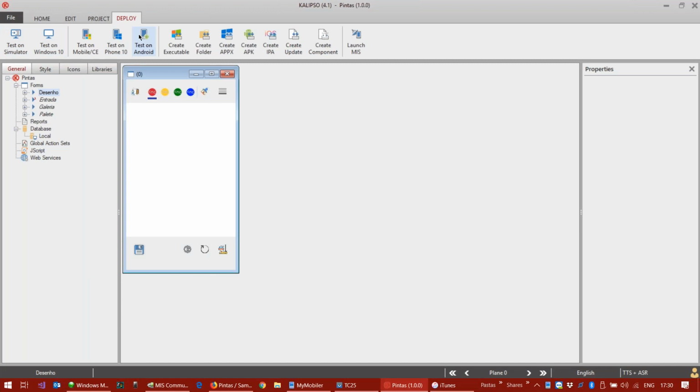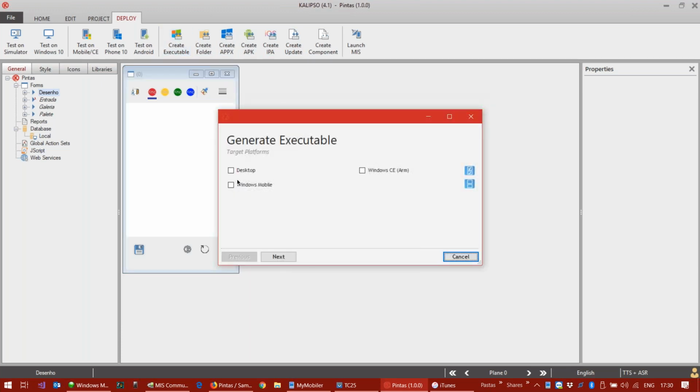But when we deliver the application, when we try to publish it, it's a good idea to have a standalone package and a ready-made application, ready to run and to install on the device that you would like to use it. So in order to generate an application for Windows 32 devices like desktop, Windows Mobile,